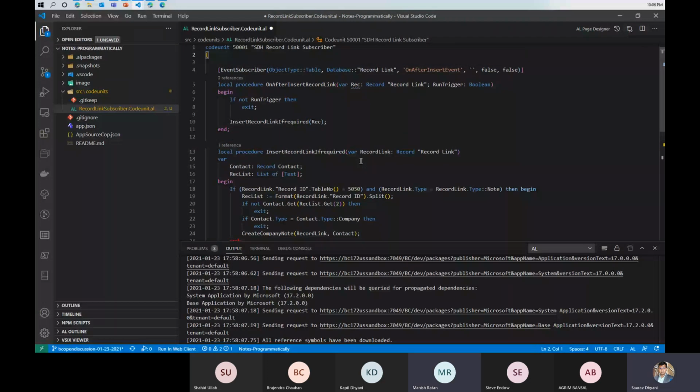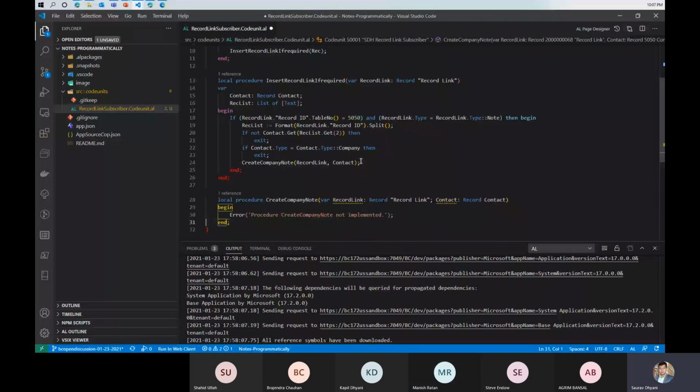So what will be stored? The record list will have two things. One would be the 5050 at index 1, and index 2 will have, because I know that it is for 5050, I know that there will be only one field after that for 5050, which is the contact number that will get stored in 2. If you do the same for sales order,